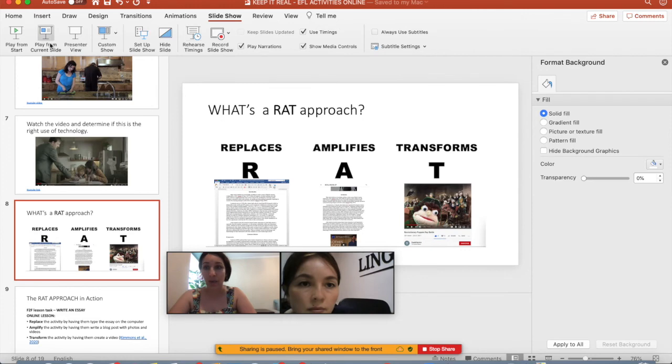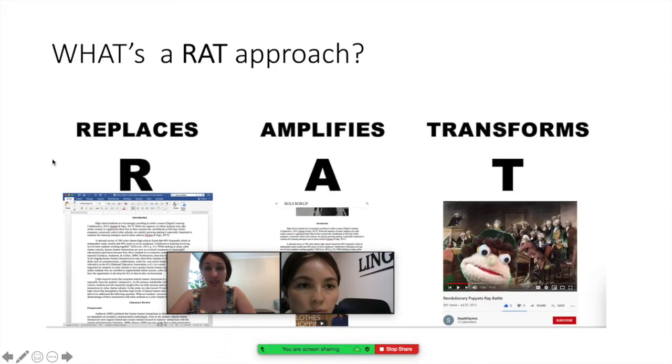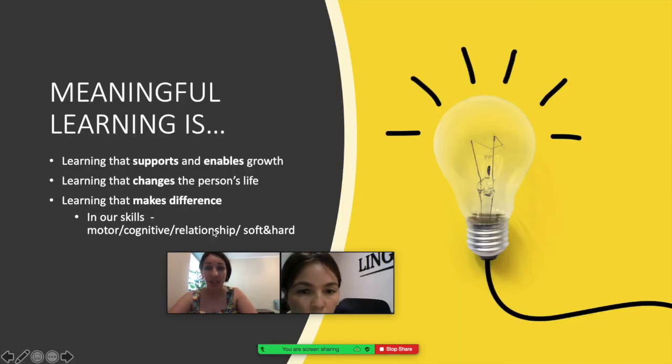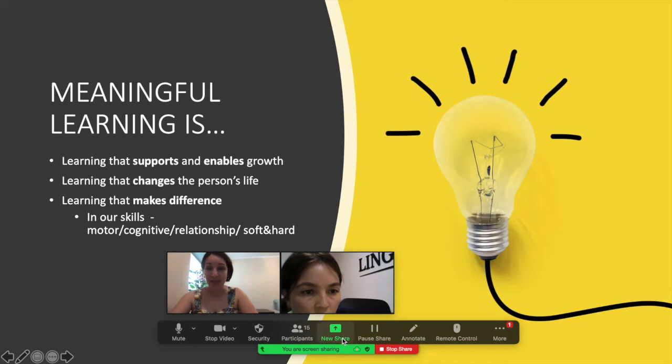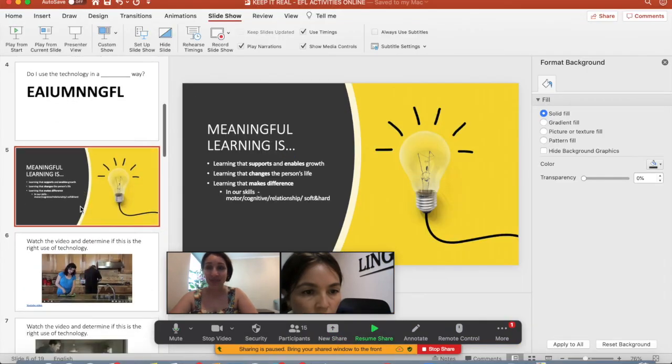As opposed to just using the activity which you planned for a real class, scan it and go online, you need to think about how to replace it, amplify it and transform it so that the learning that's happening in the classroom is supportive, changing and develops more than one skill. So there you go. That's the main idea for today.